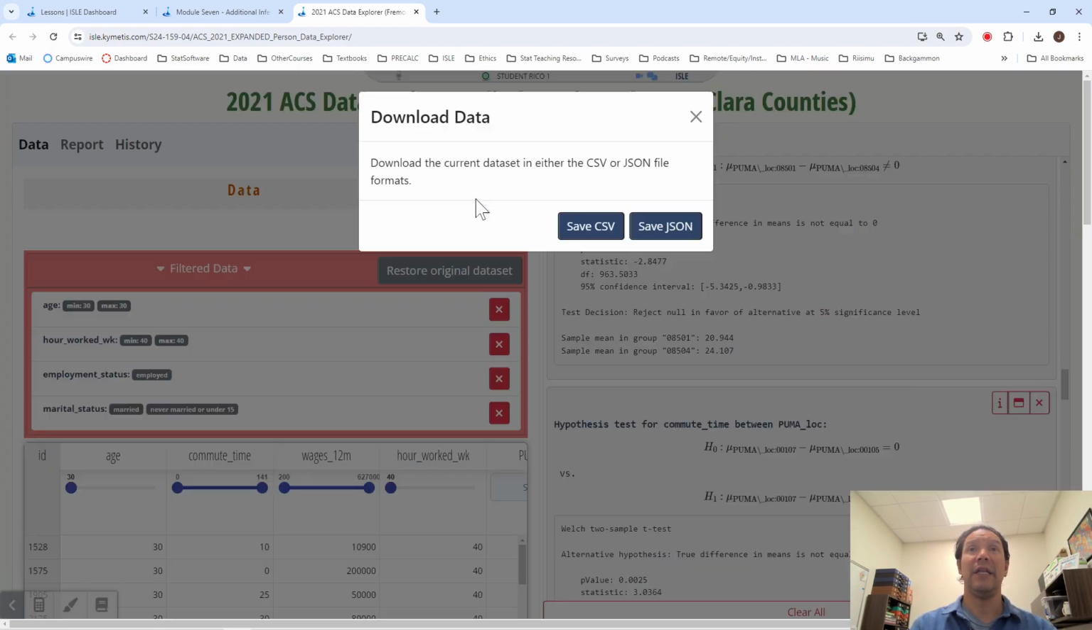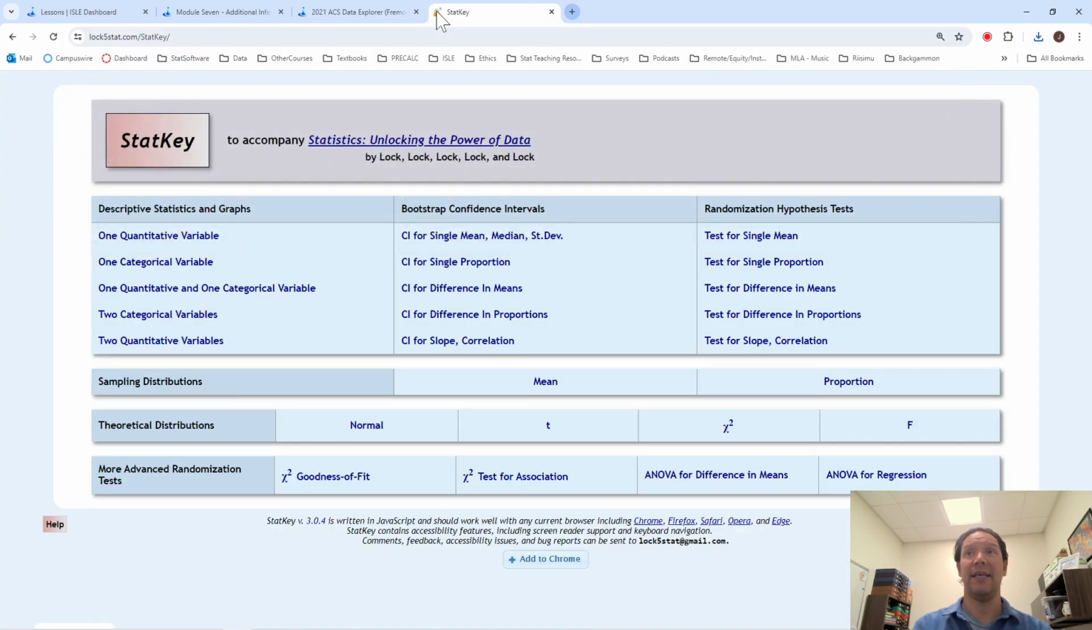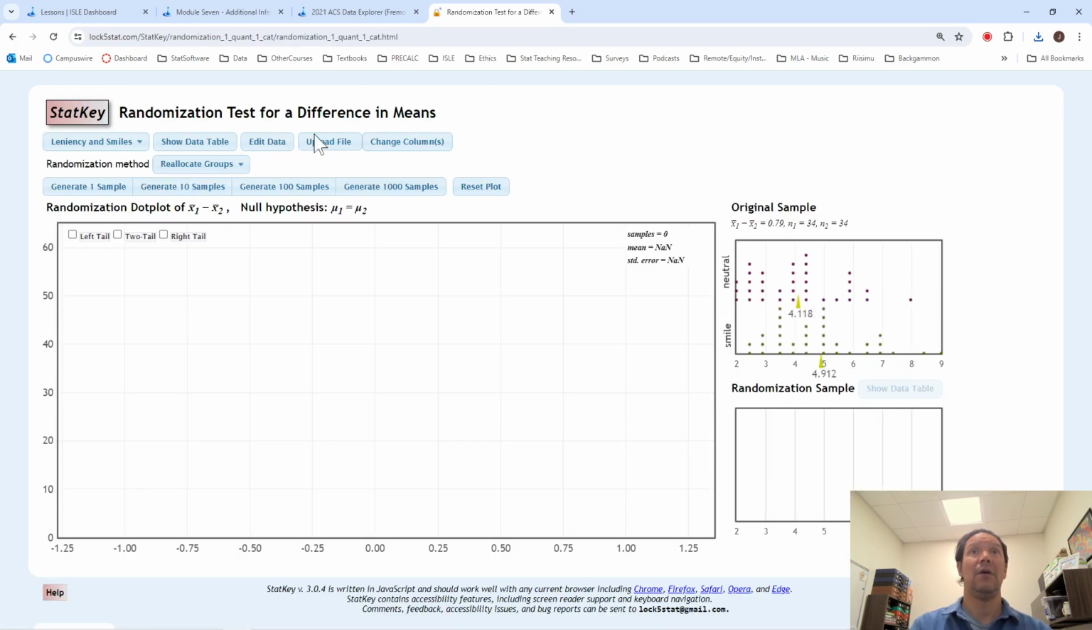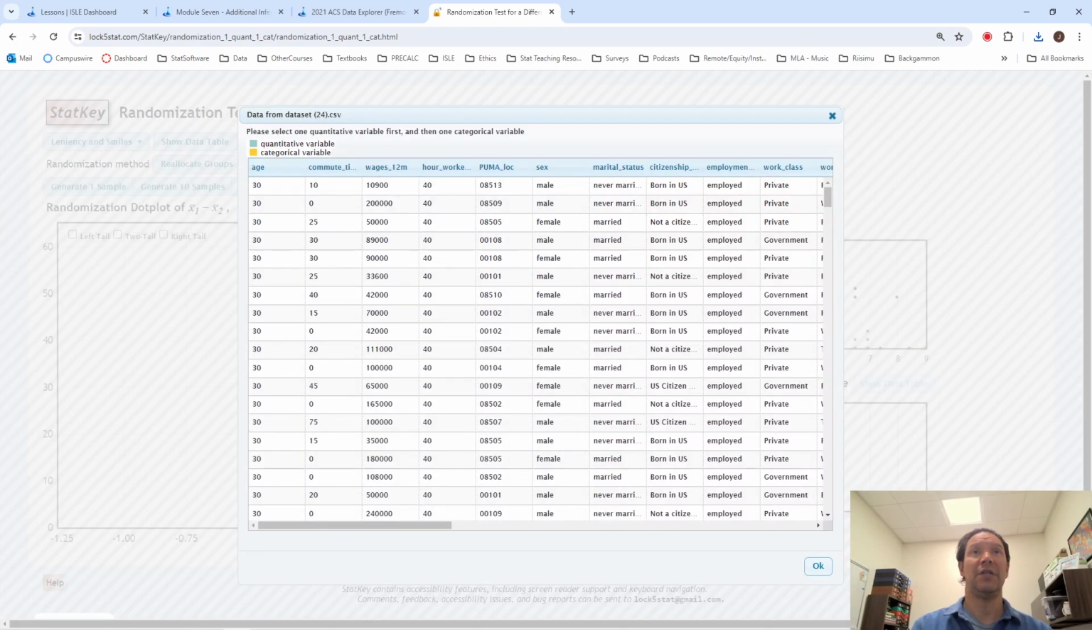So to use the app, we need to download the data as a CSV. And then we're going to come over here to StatKey. We're going to go for a randomization test for the difference in the means. We're going to upload the file, upload the data file. They first want you to select the quantitative variable, which is wages, and then the categorical variable, which is marital